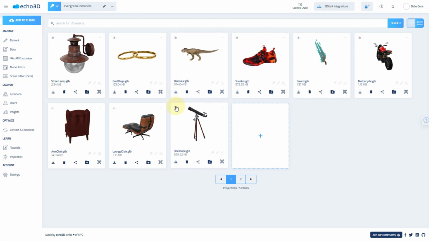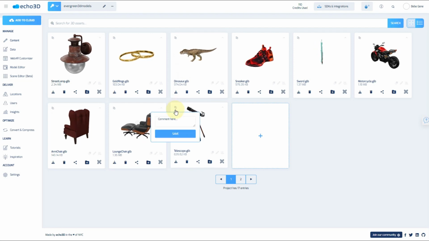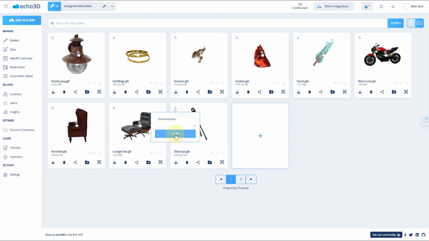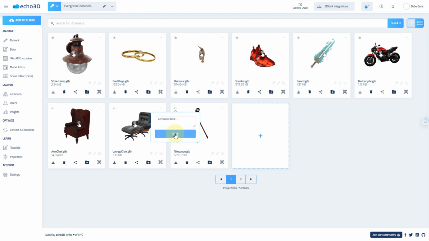Another feature we have is adding annotations to each of these content cards. So say, for example, you're working on a project: pose tomorrow, edit this, change this, resize this, change rotation. All the notes can be added here and saved. So whoever you're collaborating with can get your notes in real time and everybody's on the same page.